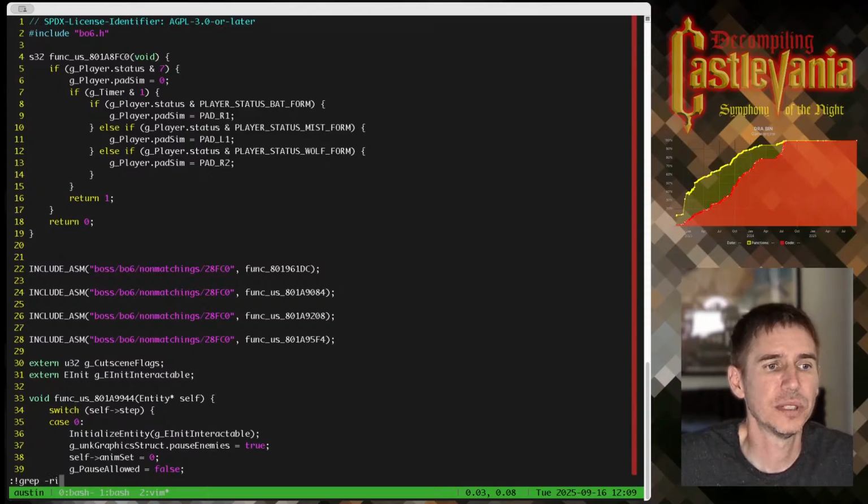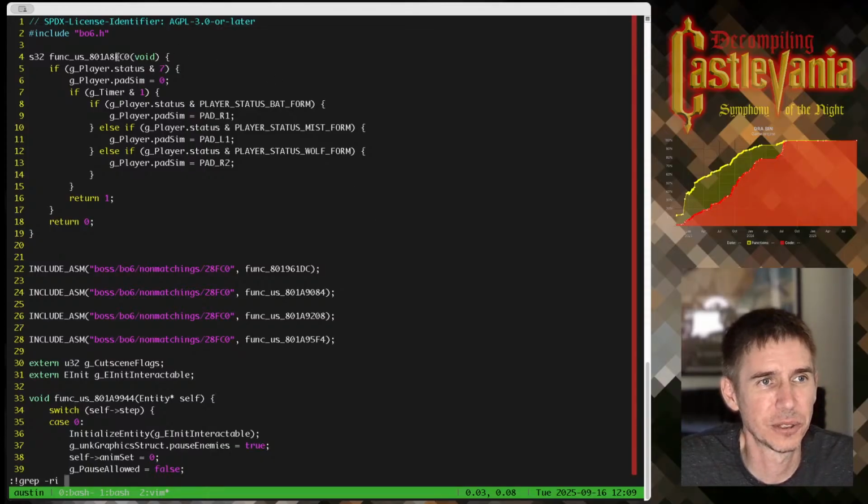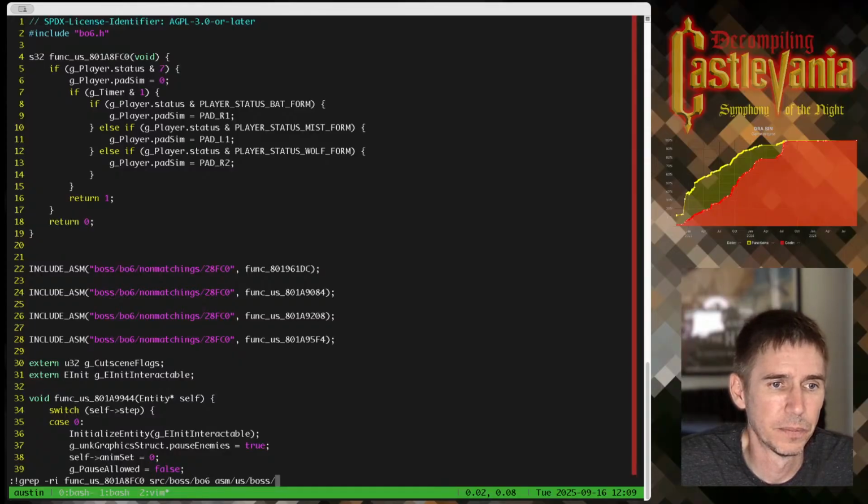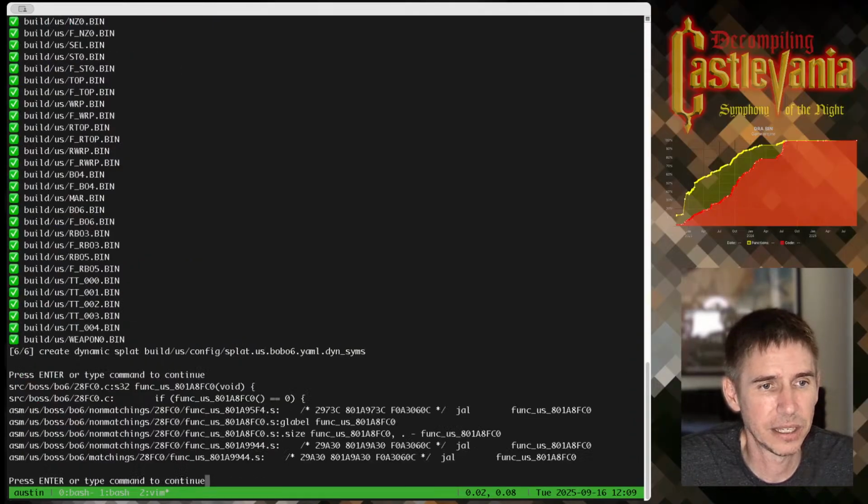I want to see if this function is used. And that was what I was gambling about. Is this function actually used anywhere? So we're going to look at all the things that we've decompiled so far, as well as any data or not decompiled things. It is used. It's used by this 944 function and the 5F4 function.